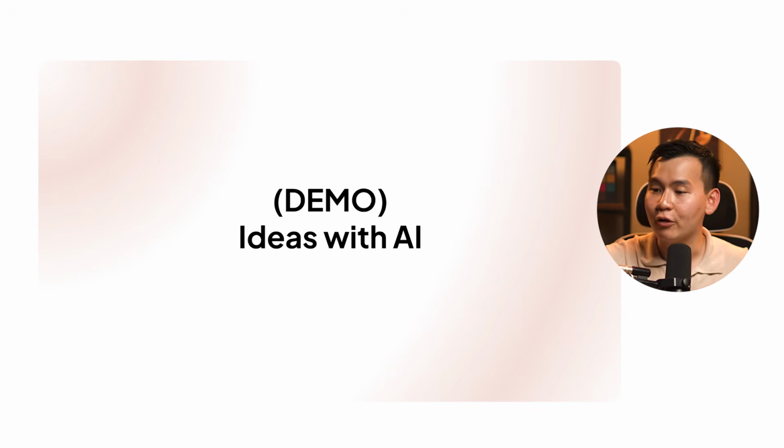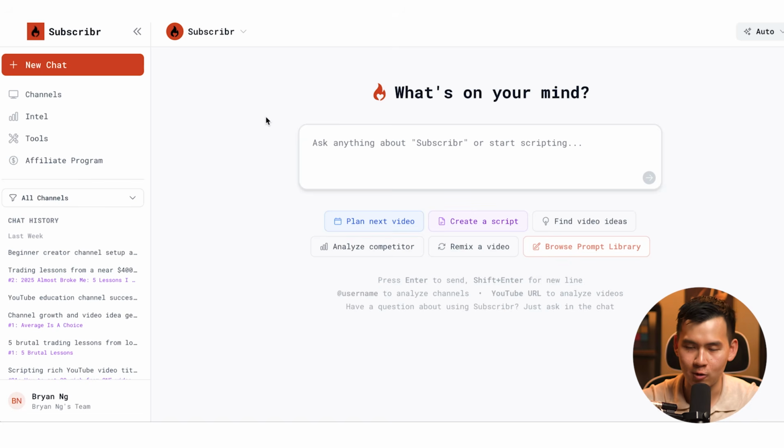So let me show you how to use AI to generate viral video ideas. Over here, we're going to hop to subscriber.ai. Full disclosure, this is my personal tool that I've built along with my co-founder that is meant to write AI YouTube scripts. It's a chatbot that is powered by YouTube and AI. The special thing about a tool like this is that it's connected to the YouTube API, meaning that it's able to scrape a full database and it's trained on 40,000 plus viral YouTube videos. So it understands exactly what goes viral.